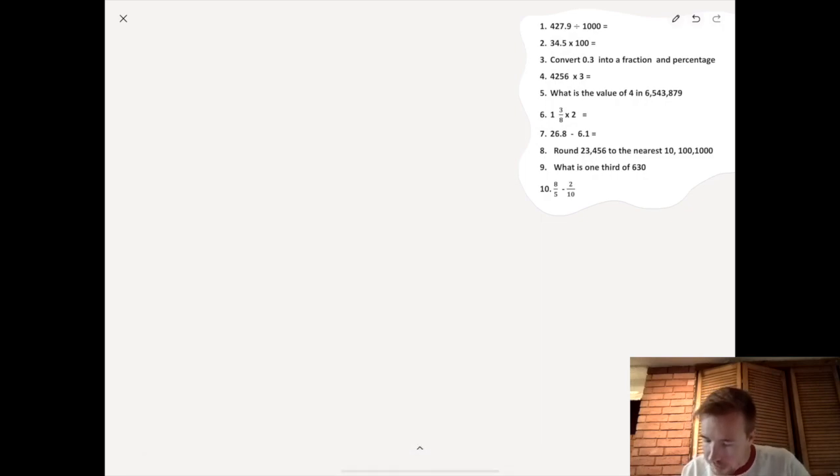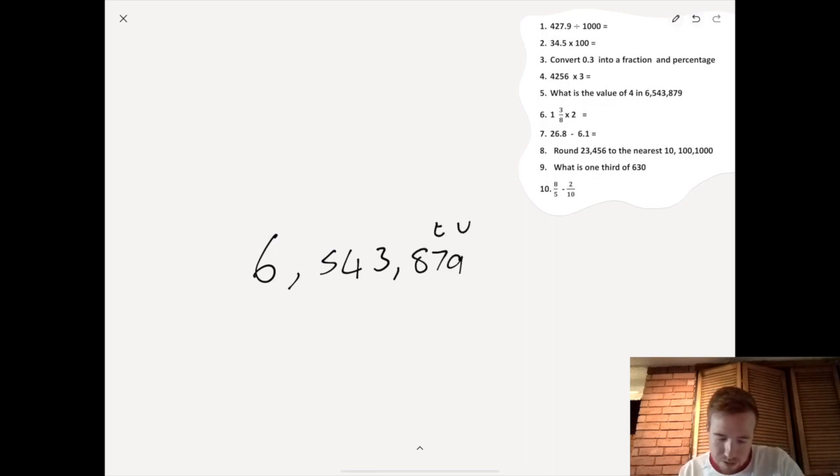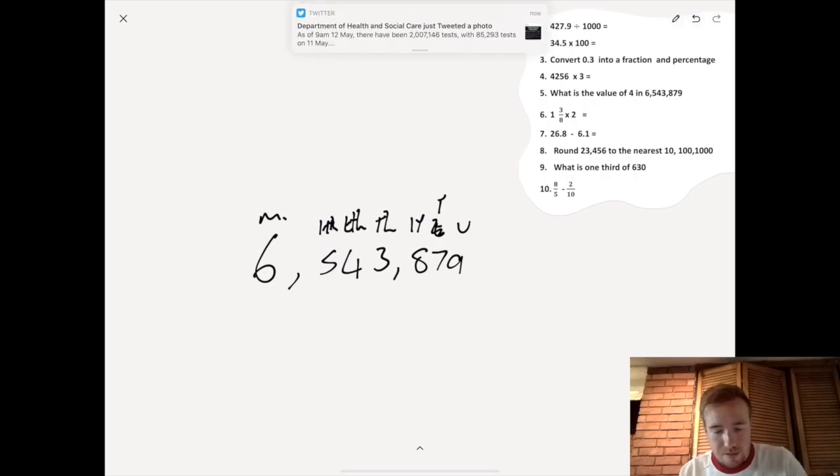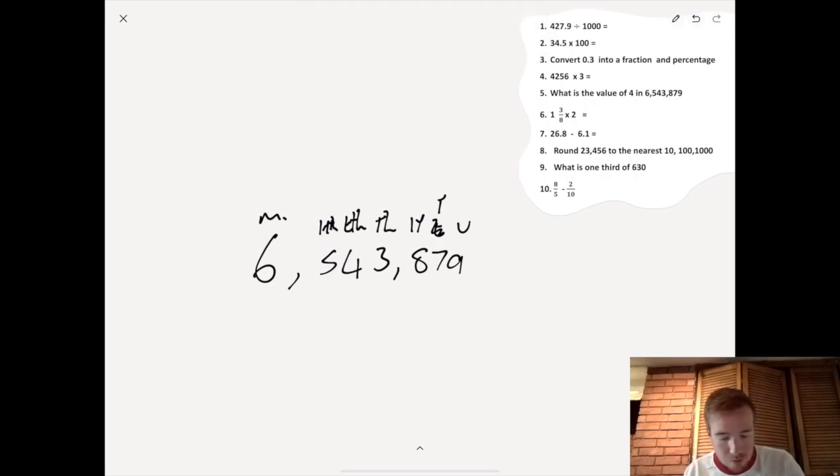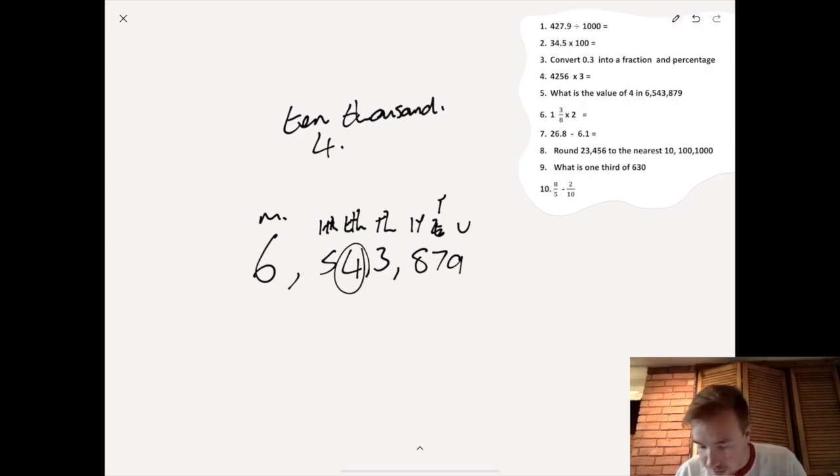What is the value of 4 in 6,543,879? So you've got units, tens, hundreds, thousands, 10,000s, 100,000s, and millions. The commas in there make that so much easier to work with. It's the 10,000s column, but it says what is the value of 4. So it's not 10,000, and it's not 4. In all honesty, the value of the 4 is